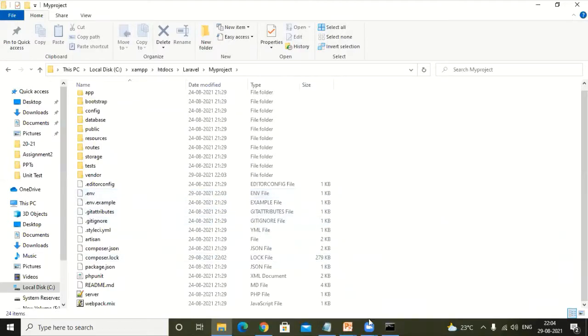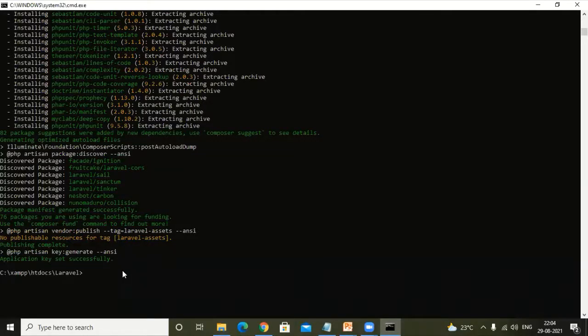Now, how do we check whether Laravel has been installed successfully and is executing properly? You have to write the command php artisan serve. Now, what is this php artisan and what is this serve command? That also we'll discuss. Only to relate it with Angular, how we were starting the Angular server or executing the application with ng serve, it is a similar kind of thing. We will be executing the Laravel application with this command, php artisan serve. Now simply click enter.